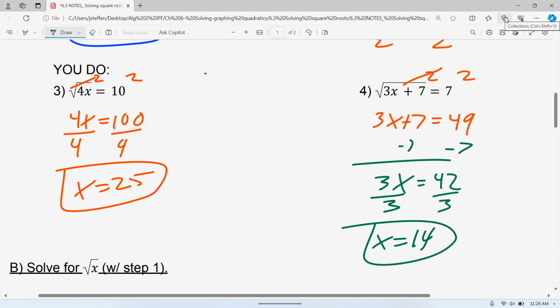All right, my 2 answers are up there. Again, the square root is all by itself, so you'll just cancel that by taking the square of both sides. That was what I was going to say. Hopefully this goes